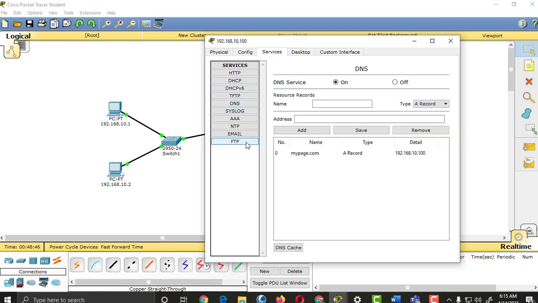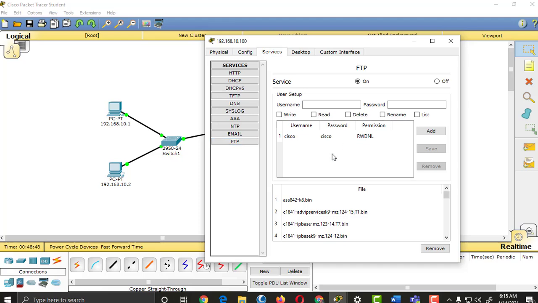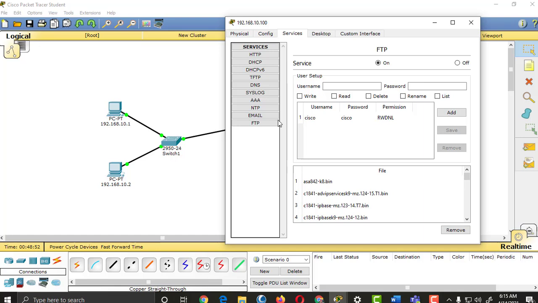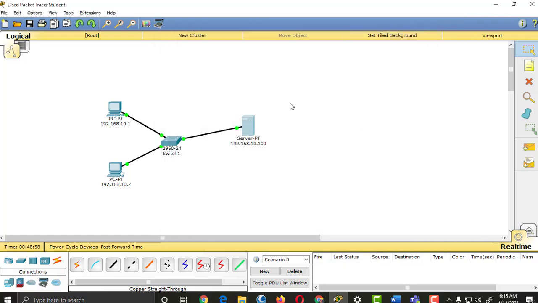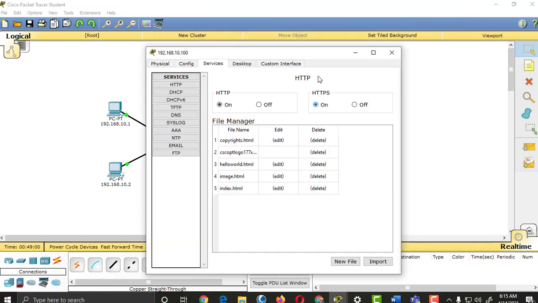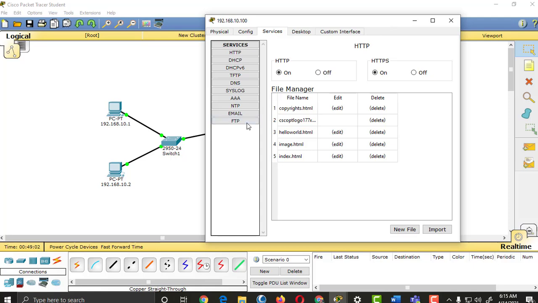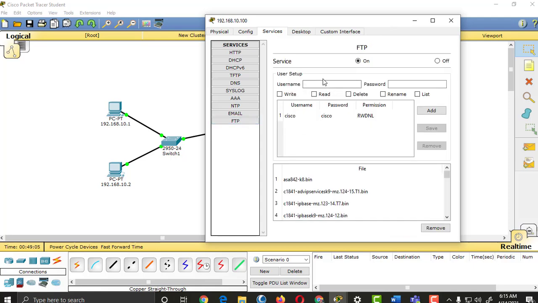Next one is the FTP. So the FTP is remotely logging into the server with this type of protocol for transferring files. So how do we do that? It has to be configured first in the server. So you have to add a user. So for example, FTP, it is by default turned on. So we're going to add a user here. Say, for example,